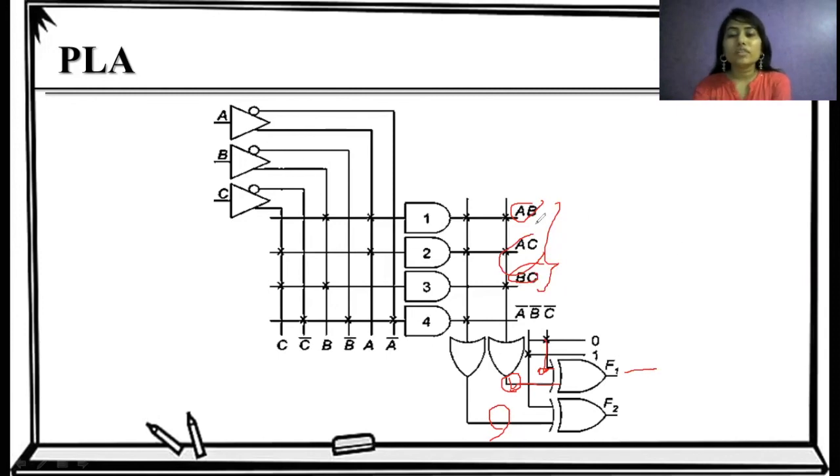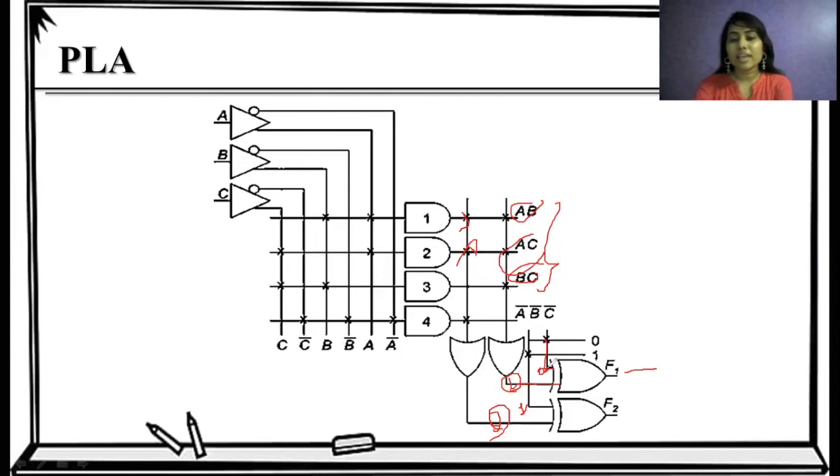Okay, so here we used both the times AB and AC, as these terms are common in F1 and F2, and we have another term A dash, B dash, C dash in F2 only. So here we give this to the XOR gate and here we mark a connection for 1. Now according to the logic of this XOR, if we have a 1 input and the other input as 1, we have an inversion of this input at the output side. So here we produced the inversion of the terms AB, AC and A dash, B dash, C dash. So here we have F2 in a complemented form.